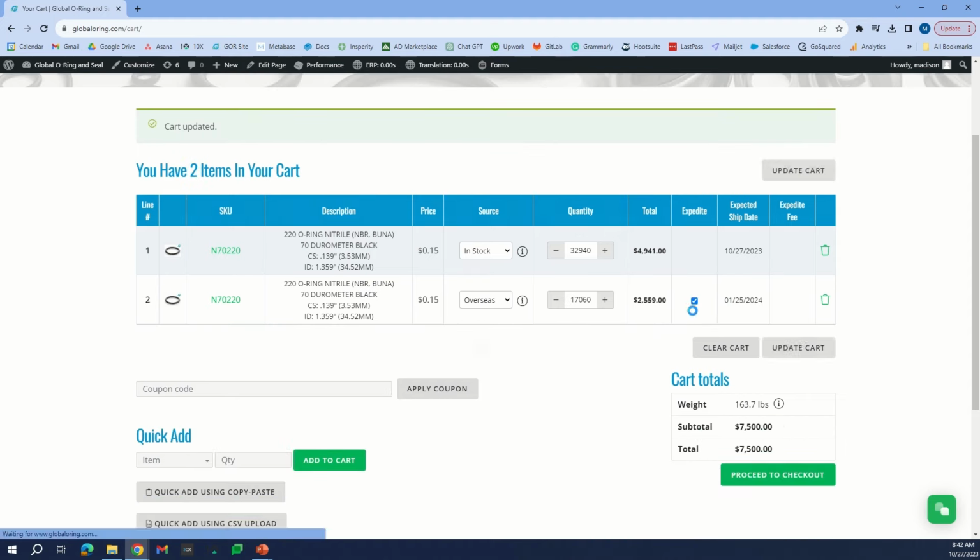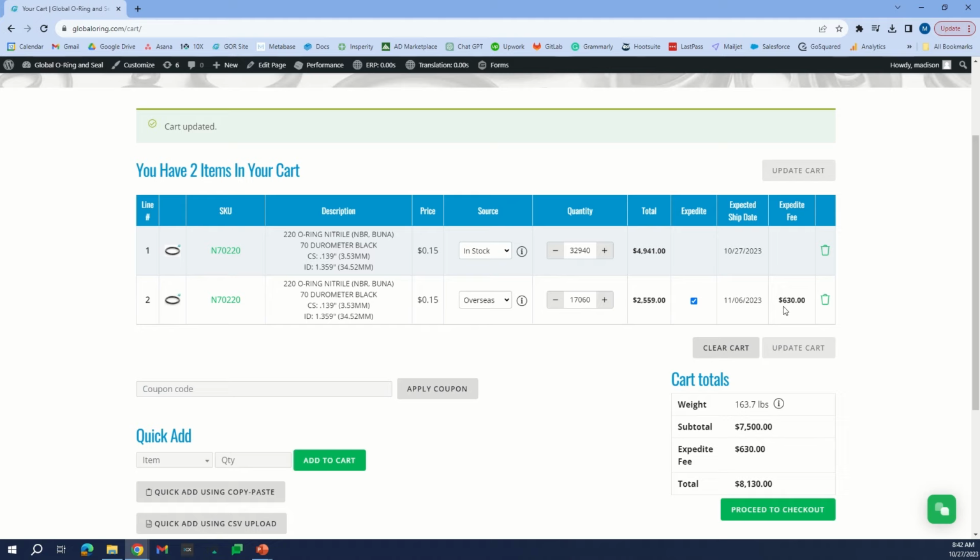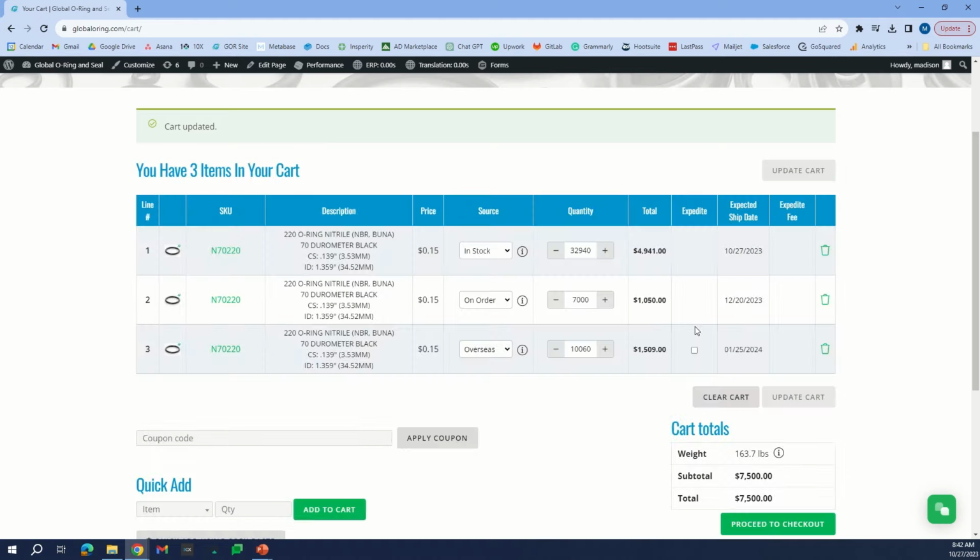to overseas, select the expedite option, and update the cart. You will see the new expected ship date and the expedite fee. If you would like to switch back to the inbound stock, change that drop-down back to inbound and update the